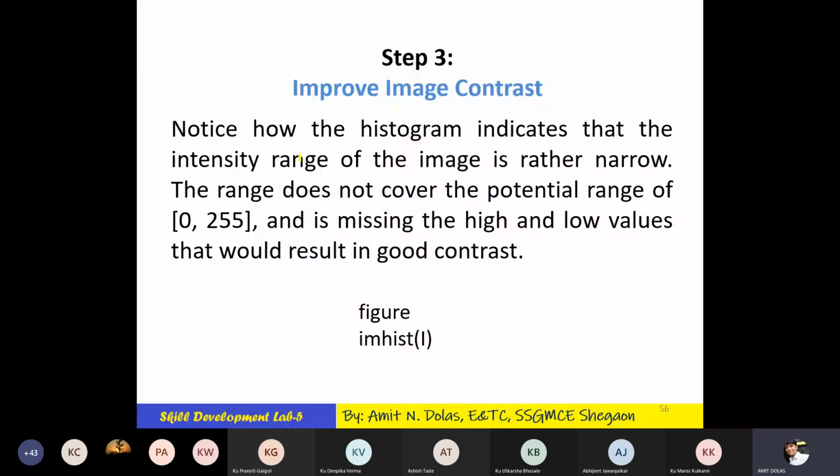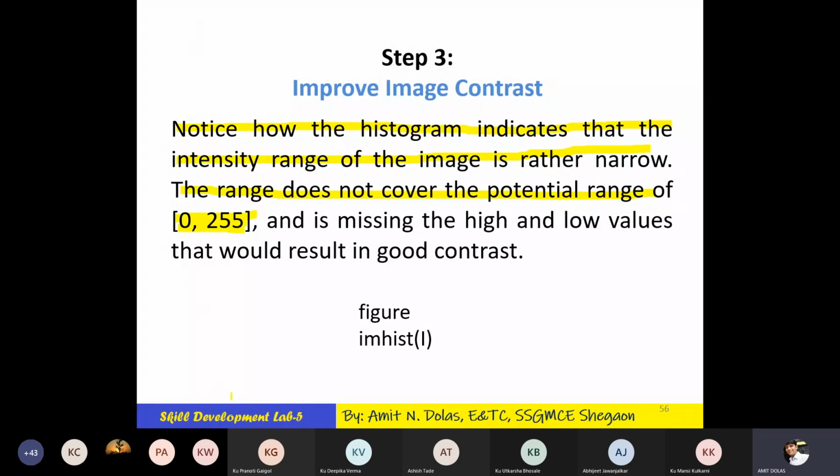Now notice how the histogram indicates that the intensity range of the image is rather narrow. The range does not cover the potential range of 0 to 255, not necessarily. Due to 8-bit, it is 0 to 255.